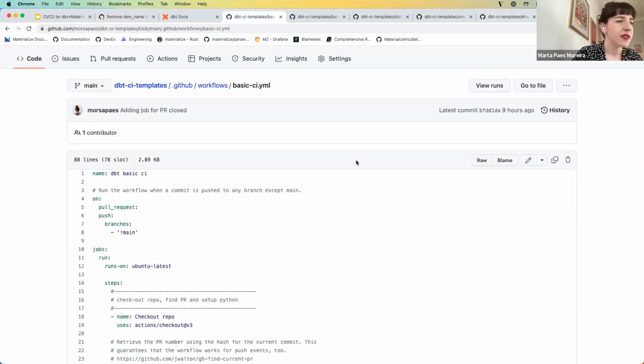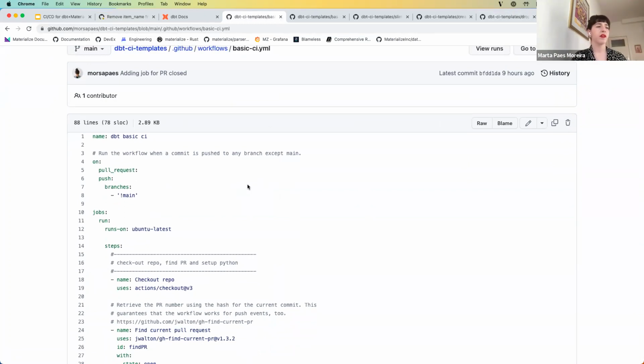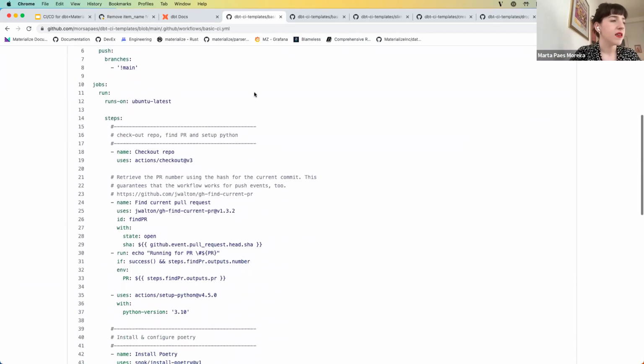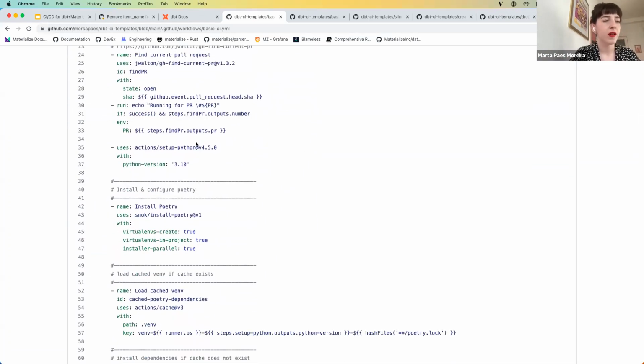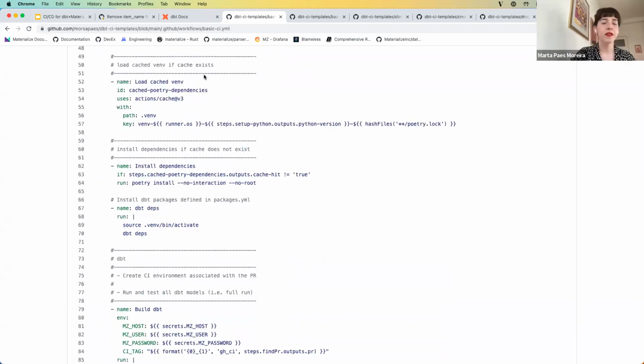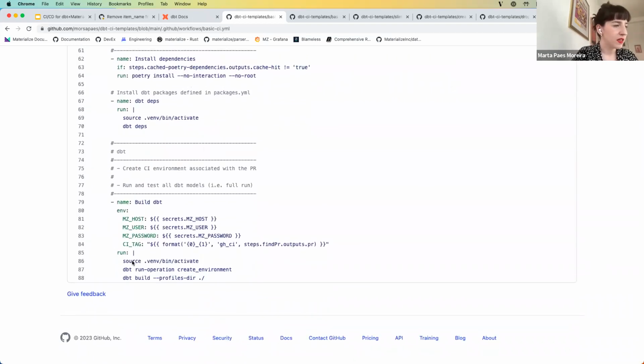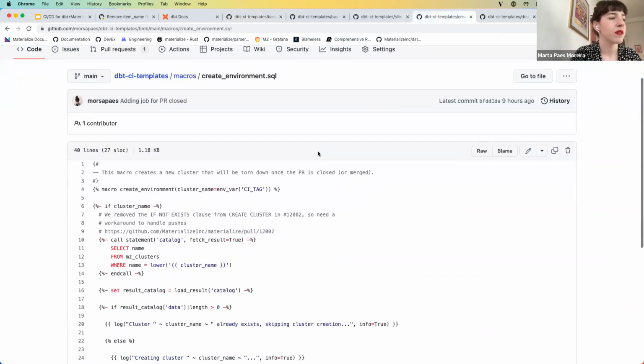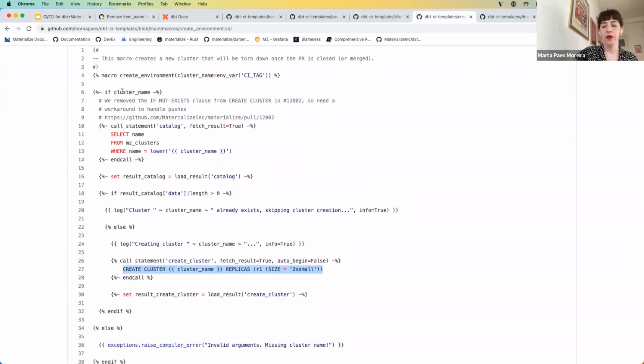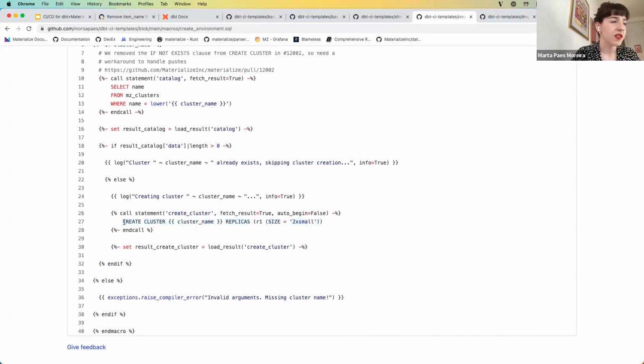Okay, it's called basic CI, and you can see here that it's a workflow that is supposed to run when a commit is pushed to any branch that is not main. It starts by configuring the environment, installing Poetry, having Poetry install our dependencies, including the dbt Materialize adapter. And then it calls a dbt macro called create environment. What this macro does is verify if a cluster with this name we generated already exists in Materialize. If it doesn't, then it creates the cluster